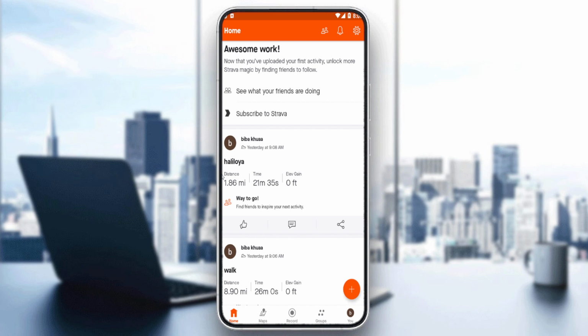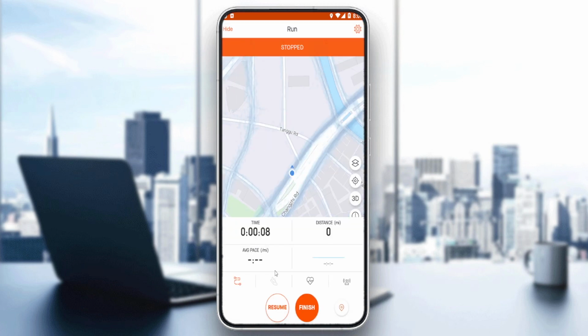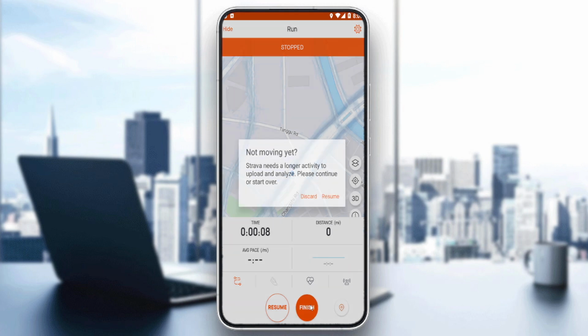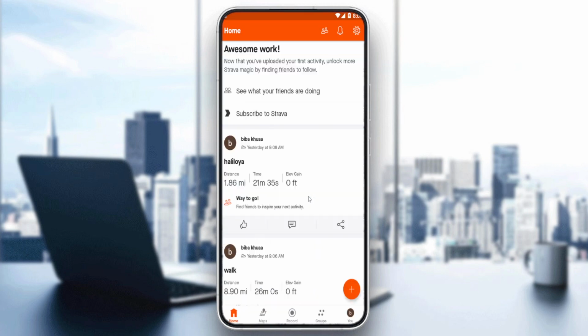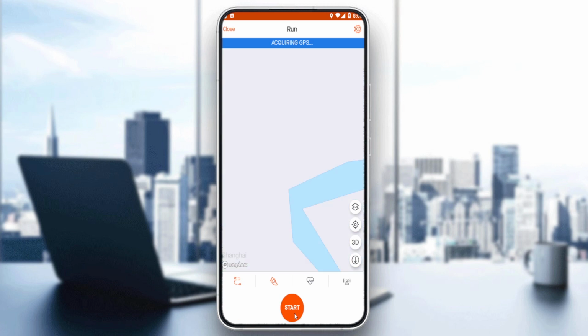So if you want to do that, we can just go here to this record option at the middle. Once we click on it, you will find that maybe if you already started a new activity or a recent activity, it's already open here. So let me just finish that up and discard. And now I'm just going to